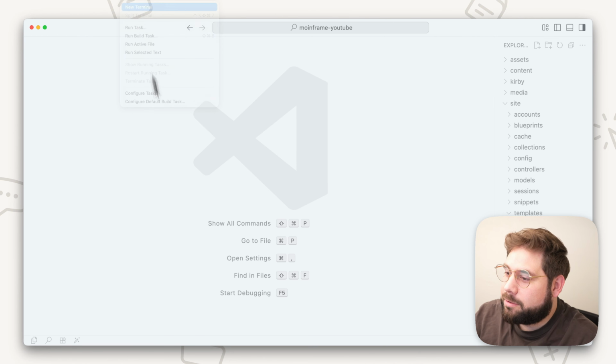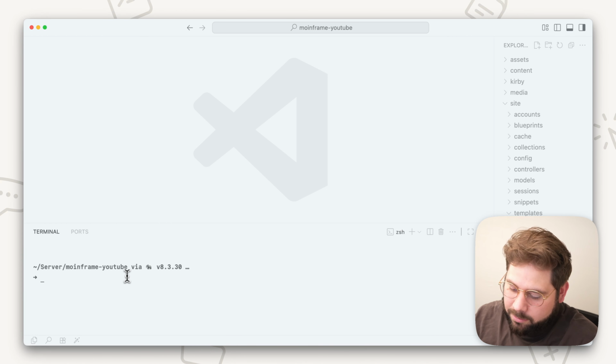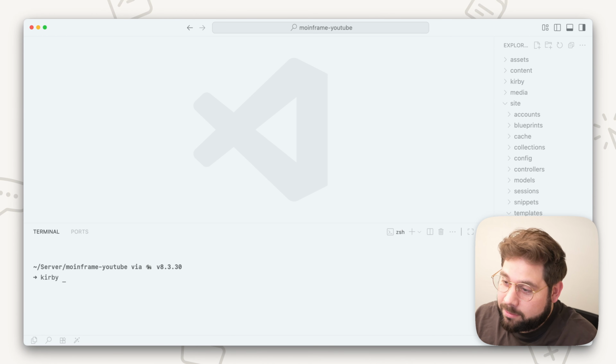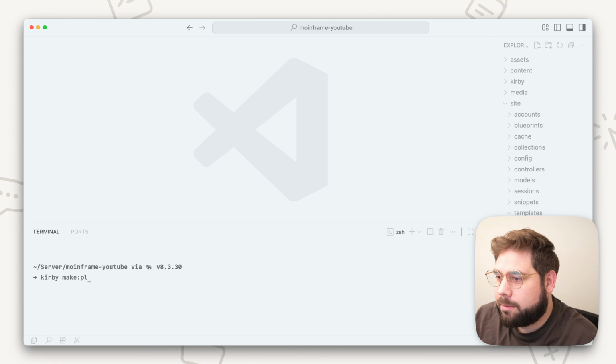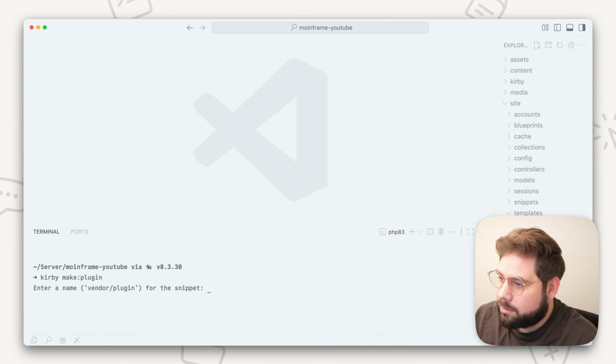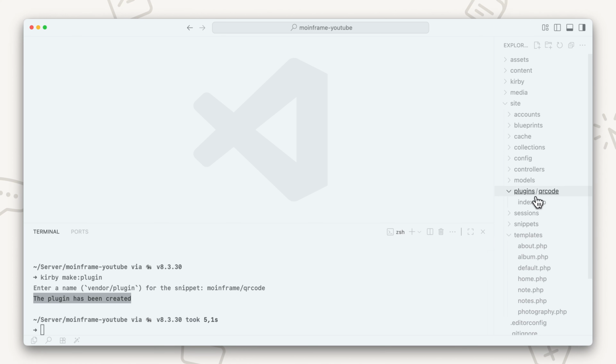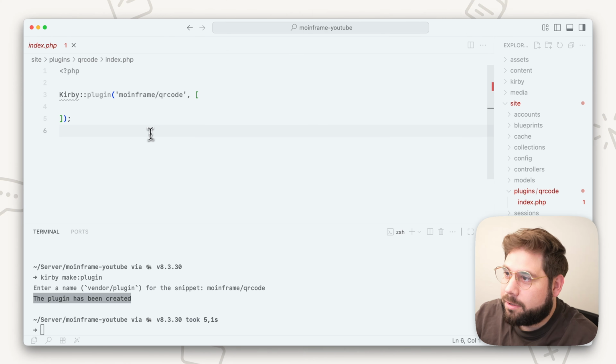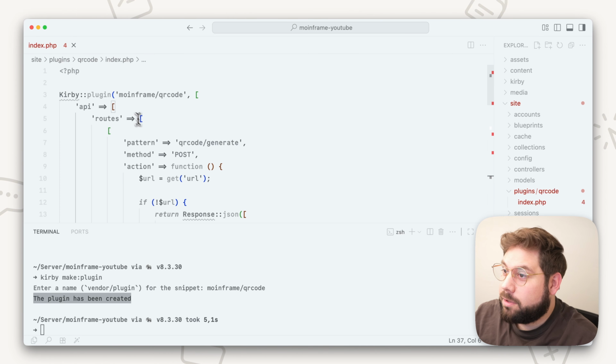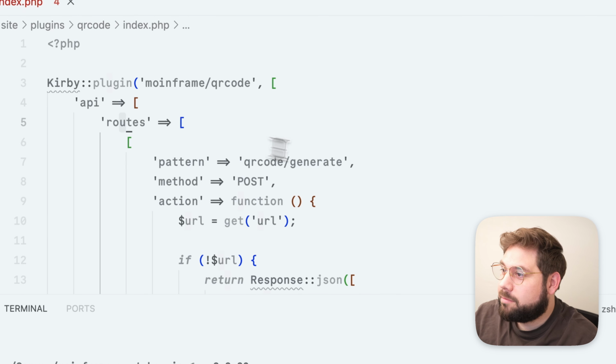Let's open up our terminal and create a new plugin with the Kirby CLI. So Kirby make plugin. And this will be moinframe and QR code. All right, if we move to our plugins, you can see here's our new generated boilerplate. And first we will add the API route, which will generate our QR code. So here it is. Under API routes, we have a new